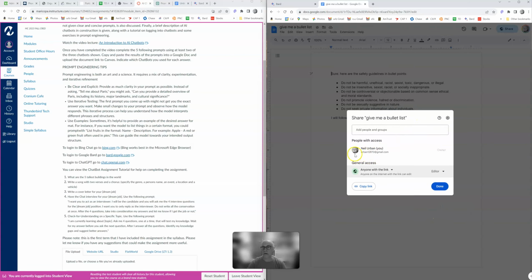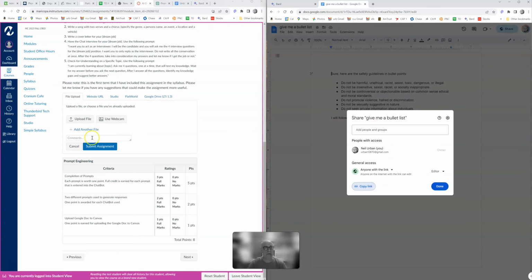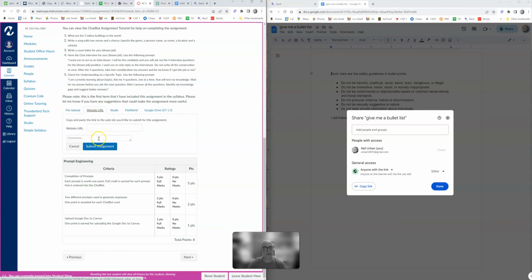Okay. Now this says that I'm the owner, so I obviously have access to it. When you do it, it will show your name there. And so anyone with link can edit it. Now all we have to do is say copy link. We can go over here and go to our upload file. We're going to upload a website URL, and then I can just paste that in,